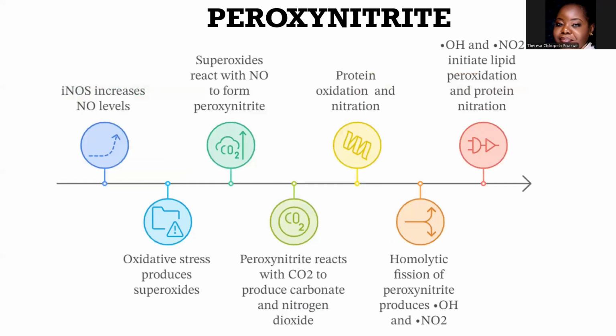Increased levels of nitric oxide, together with superoxide that is yielded from oxidative stress, form peroxynitrite. Now, peroxynitrite seems to have a targeted effect on the endothelium, sometimes damaging the DNA itself, causing protein oxidation and nitration, and leading to the dysfunction of the endothelium, or indeed cell death.